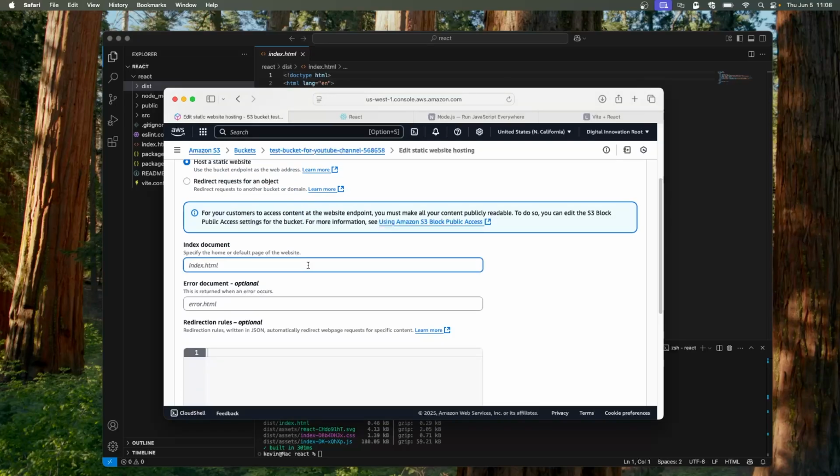We want to know our index document. This is going to be our home or default page for our website, index.html. If you actually plan to run this for a company and not move this behind a CDN like CloudFront, you need to make sure that you specify both the index and your error document to be the same document, because your SPA is your single page application. So everything is running through your